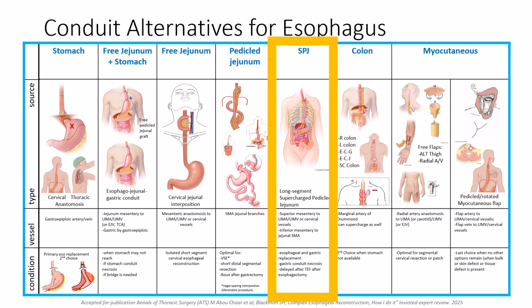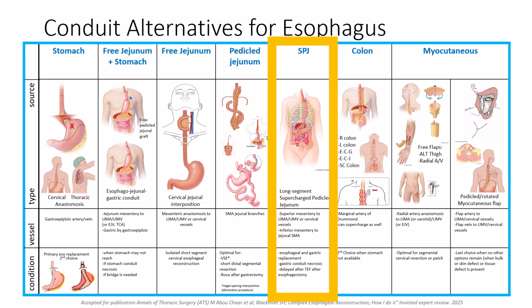Our next option is long segment supercharged pedicled jejunum. I've given several videos on this. You may want to refer to the supercharged pedicled jejunum video that's on my YouTube channel. However, I will give a brief overview here. The conditions that require long segment supercharged pedicled jejunum absolutely are when you've lost the gastric conduit and colon conduit. When you've only lost the gastric conduit and colon is an option, I believe you should use the conduit that you're most comfortable facilitating. In my particular experience, I am more comfortable with the jejunum, and I think it has